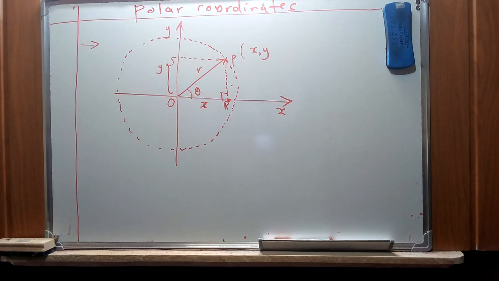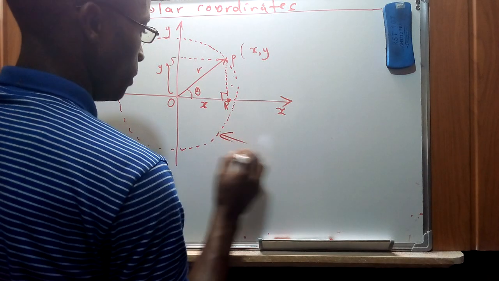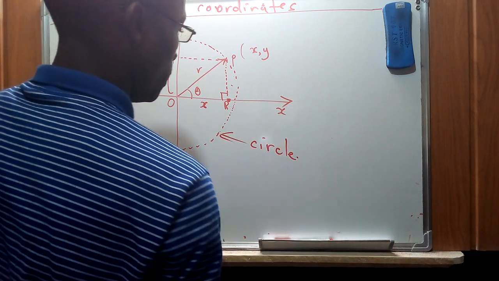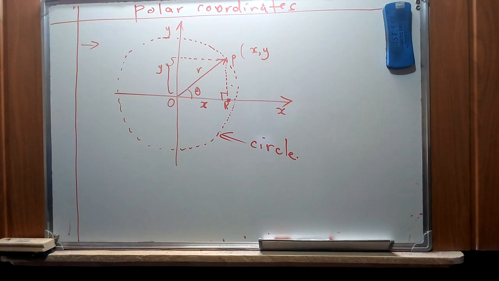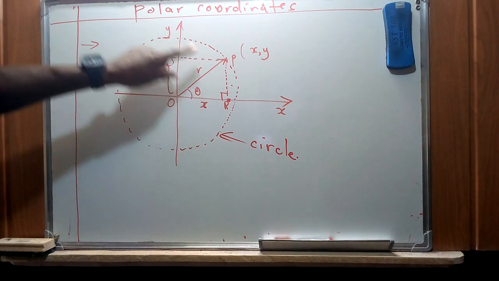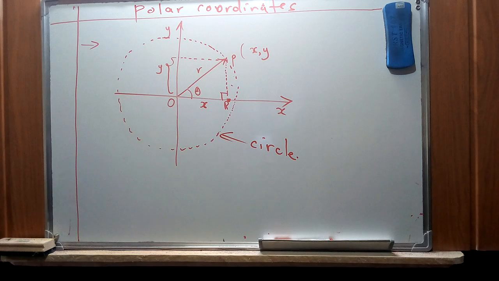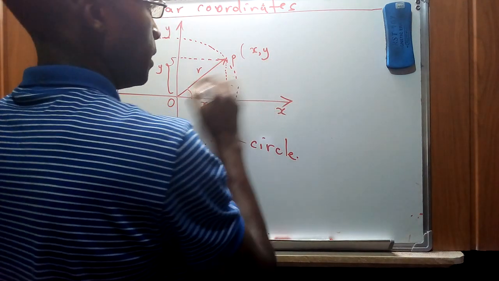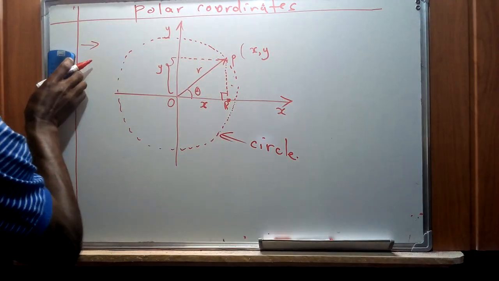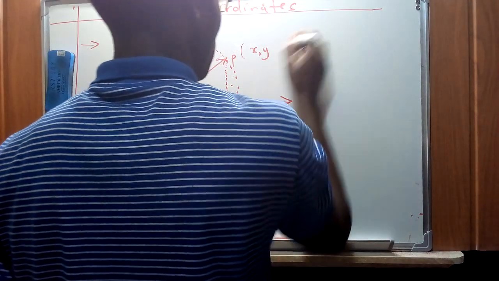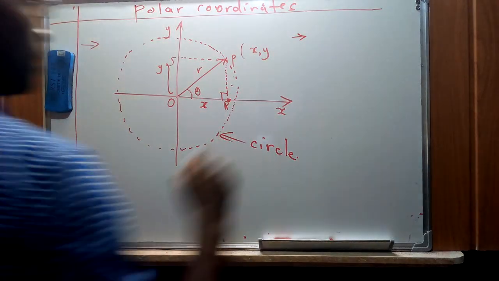Now for any particle that moves around O at a constant distance, as I've said, it executes what we call a circle, which I've illustrated on the board. So in this case, this figure that is formed, if it executes a motion with a constant distance from point O, then it forms what we call a circle. And we have a relationship in this right triangle that we have described in our introduction to the concept of trigonometry, in that we have